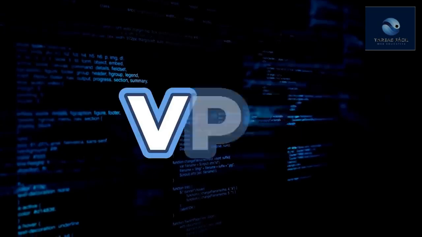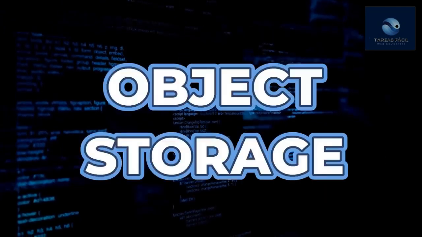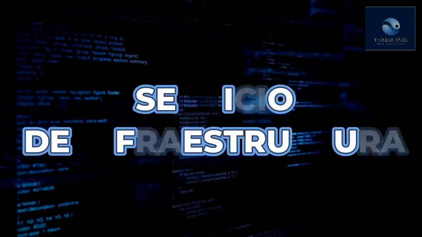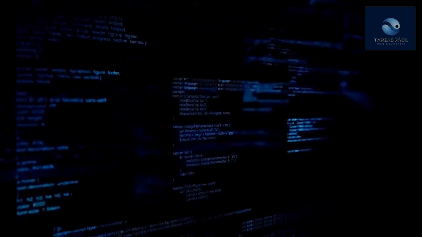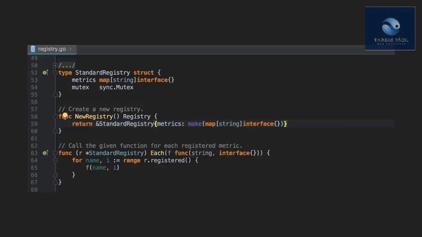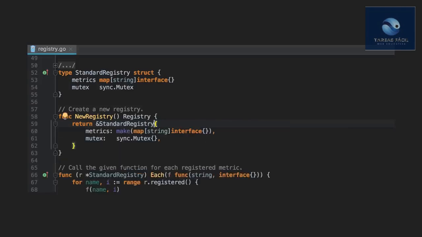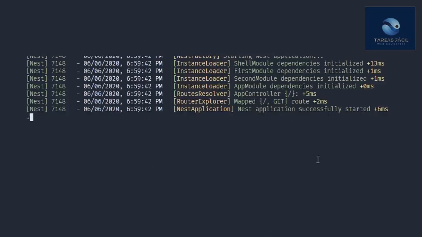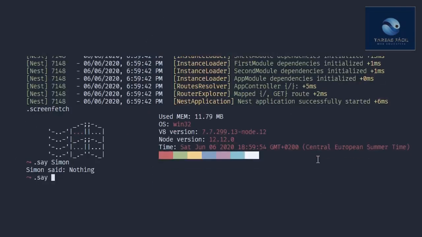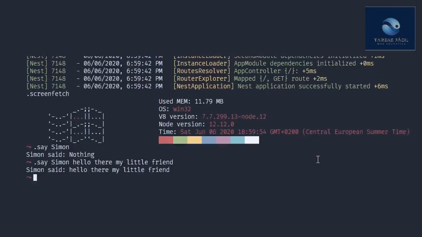Know what a VPS is, a VPC, a proxy server, an object storage service, a transactional email service, an infrastructure as code service, a no-code service. All of these terms ultimately encompass a huge number of tools, and if you simply learn one category, you are learning many tools underneath, or at least you have an idea of what many tools underneath do. All of these are terms that categorize many services, so if a new service comes out tomorrow, you simply have to see which category it fits into, and with that you would already have an idea of what it does. And in fact, these topics go on, so the important thing is that you constantly study all of these theoretical things so that eventually when you write code,